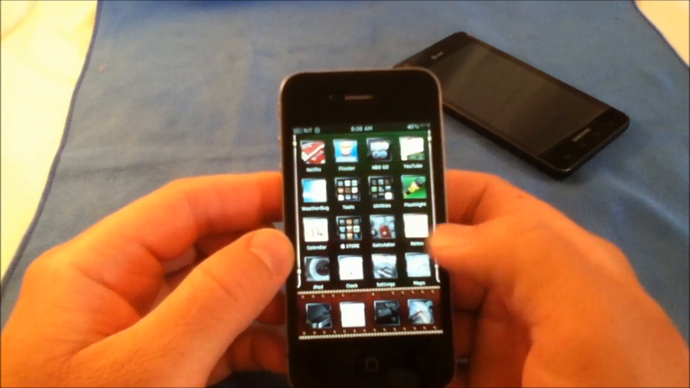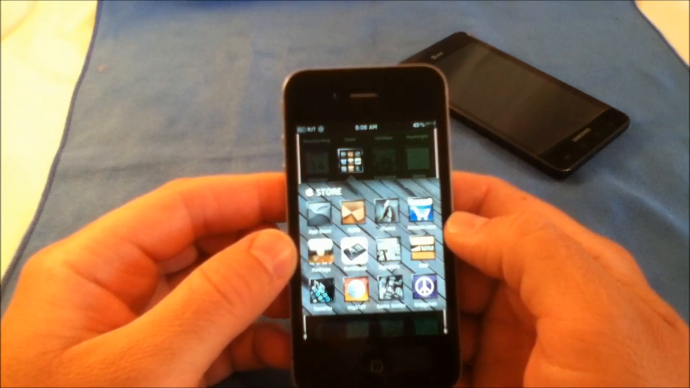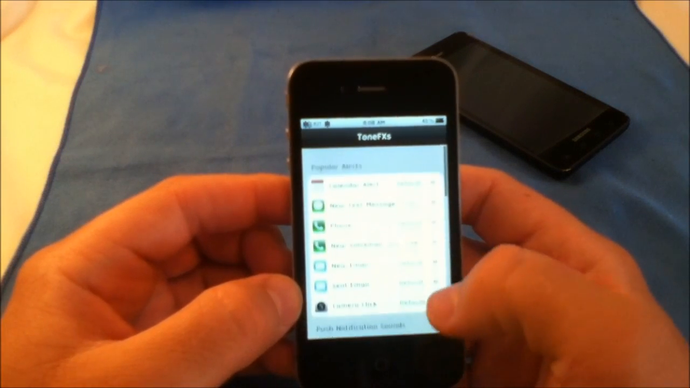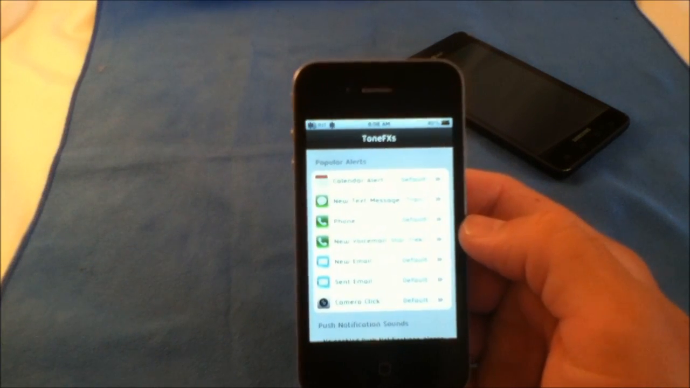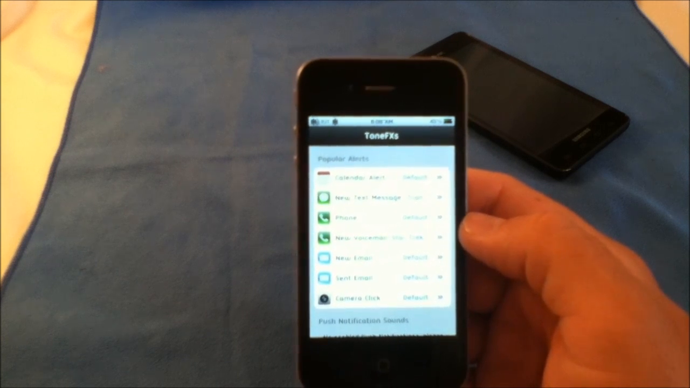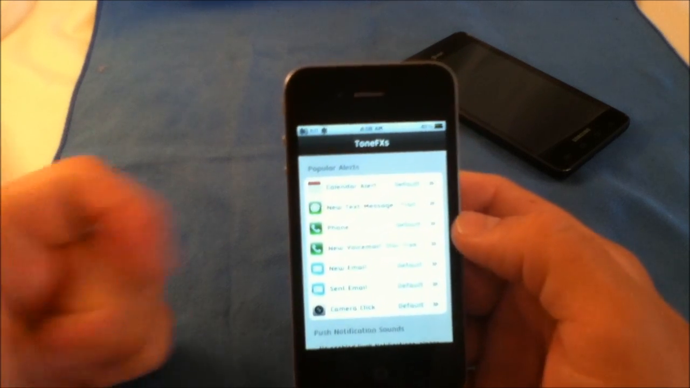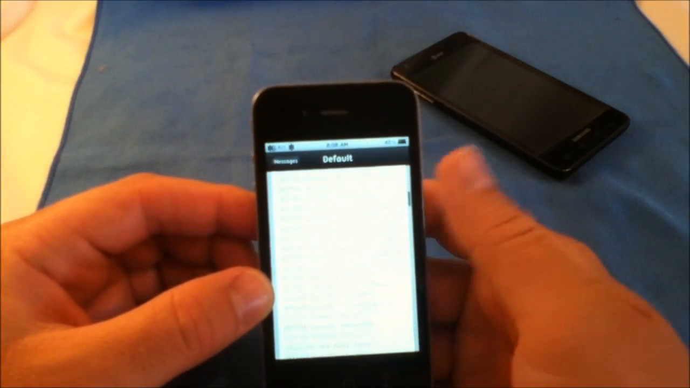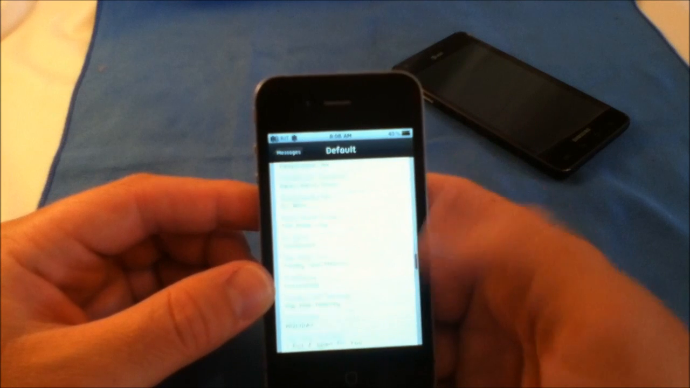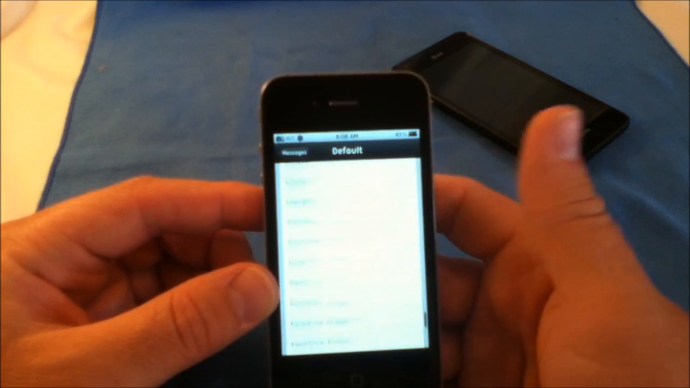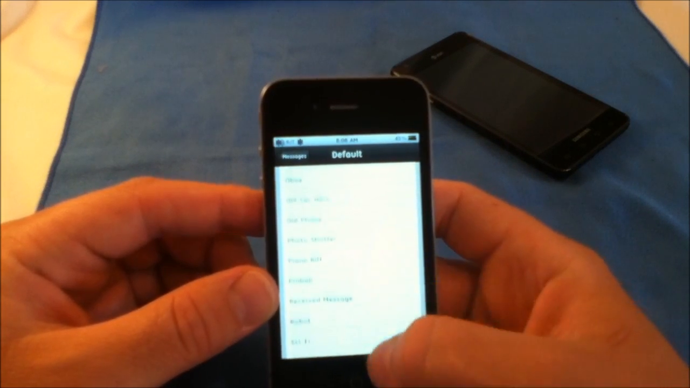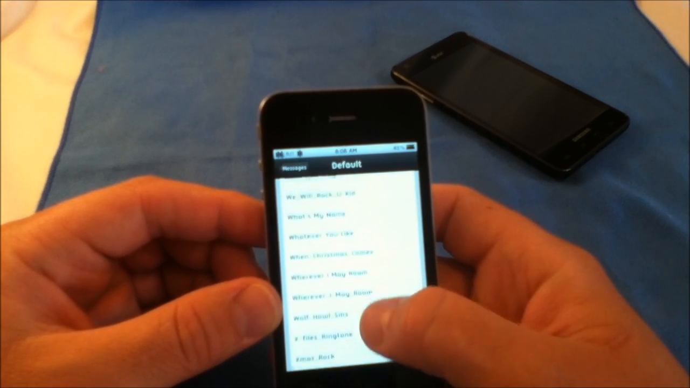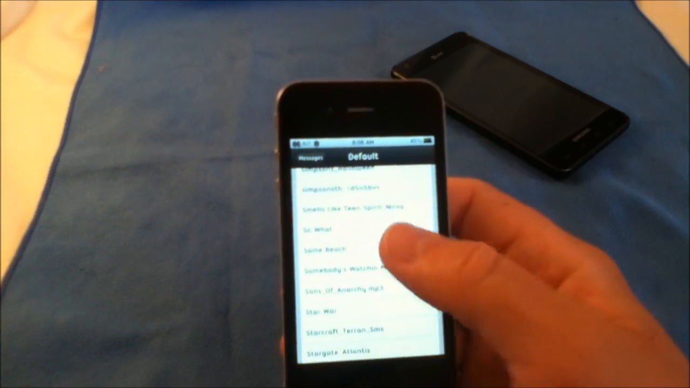Now several other applications that you can install once you have jailbroken. One of my favorites is the Tones FX. Now what that allows you to do is actually go in and change your text message tone to anything you choose. Once you do that, you can actually go in here and choose any one of your ringtones even to use as a message when you receive a text message. As you can see, here's all the original stock sounds, and then it'll go into your ringtones, and you can use any one of those ringtones